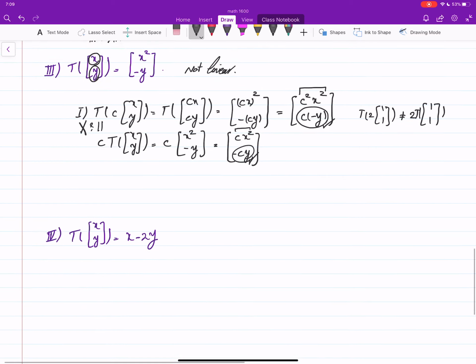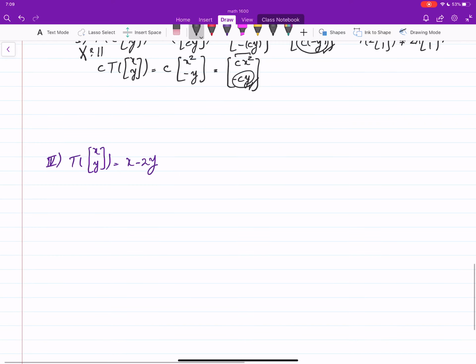And let's check the last one here. So here I have R2. Then for any vector in R2, this assigns a vector. Well, this is a number, or a vector in R. And we have to check scalar multiplication. T of c(x, y) is equal to T of (cx, cy), which is